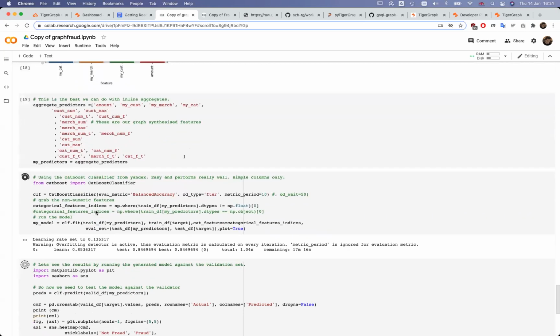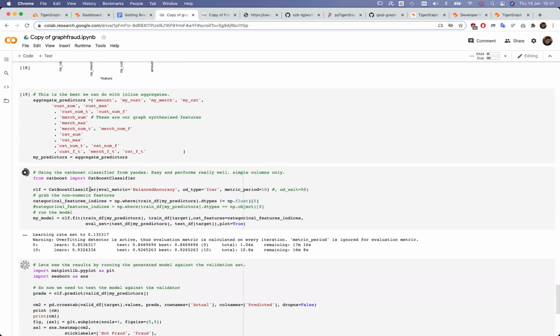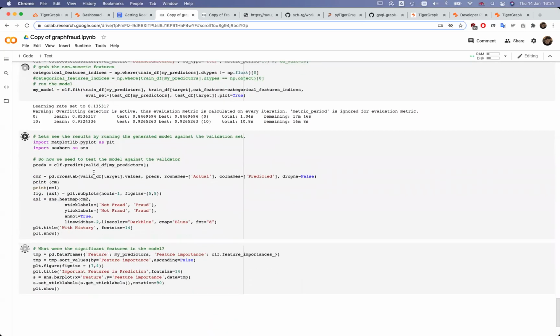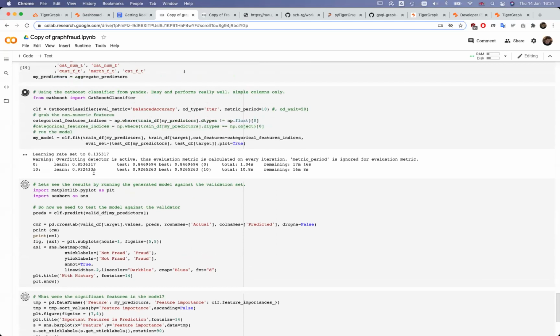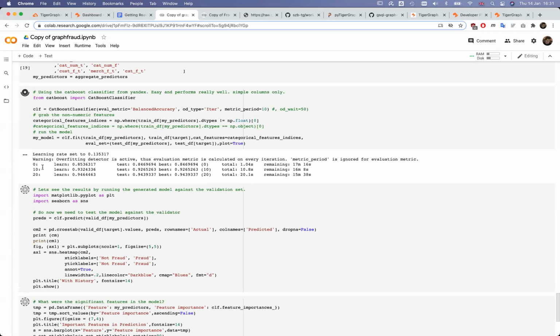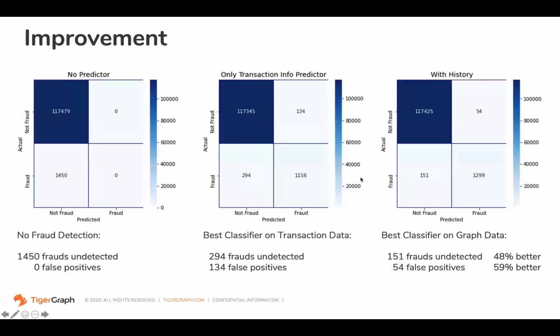And when using the CatBoost classifier, when Richard reaches the point where the newly generated features of the graph are taken into consideration, we will see this third matrix with the improved values.